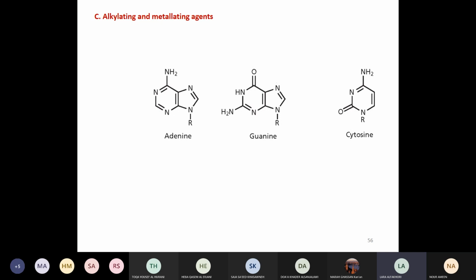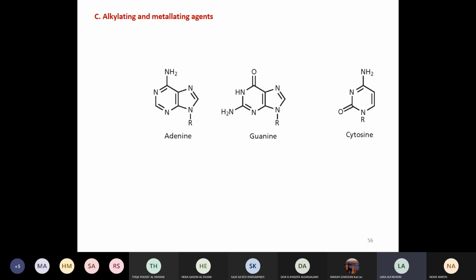So the nucleic bases are the ones that will act as nucleophiles. Here are examples of the nucleic bases found in DNA: adenine, guanine, and cytosine. As you can see, there is more than just one nitrogen in each of them, and there are variations in nucleophilicity. We want to discuss this abstract chemistry regarding which atoms in those structures could be the most nucleophilic, so that when you are asked where alkylation mostly occurs, you understand why.